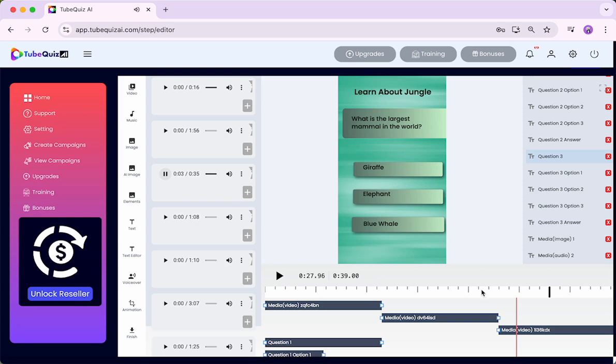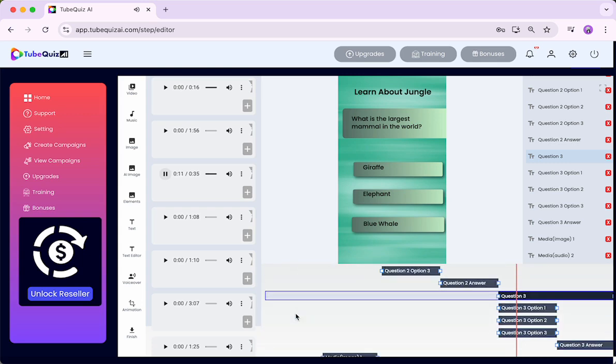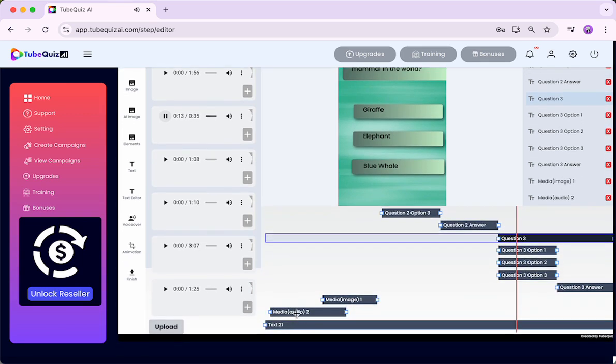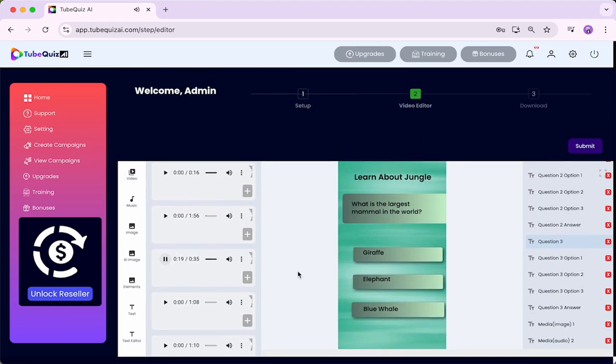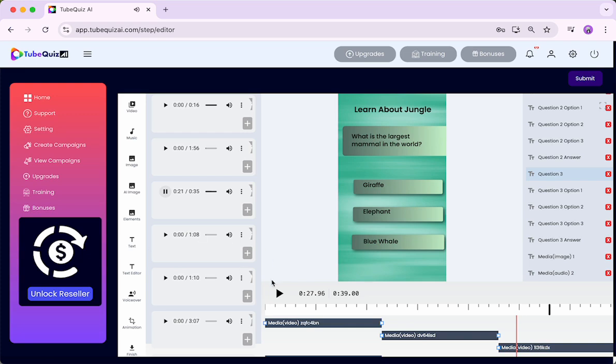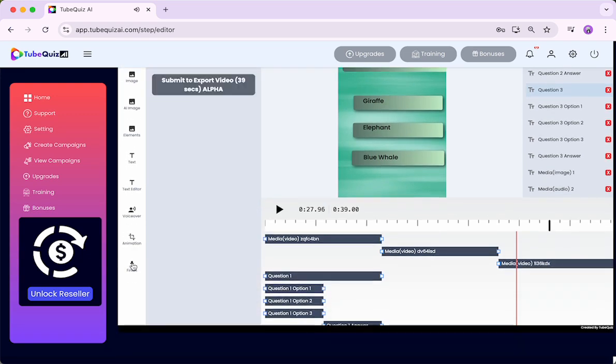I really like this, and let's say I want to add this. I can add it directly here, and then I can adjust the timings as per my requirements. And on top of everything, I can also select that particular audio and change the volume of that audio. So it's a really simple to use tool. Once all the changes are done, all you have to do is go here and click on the finish